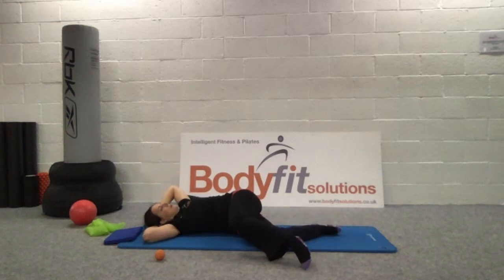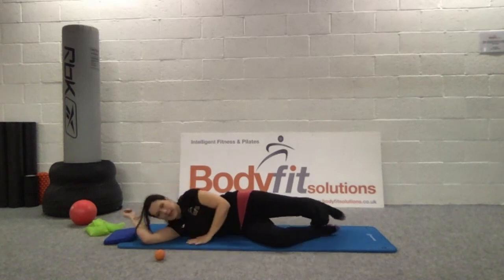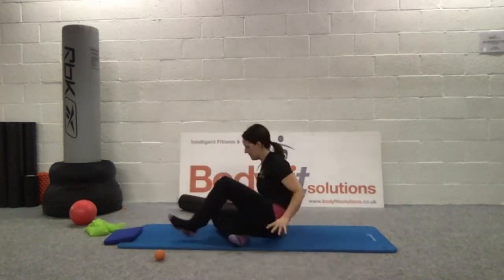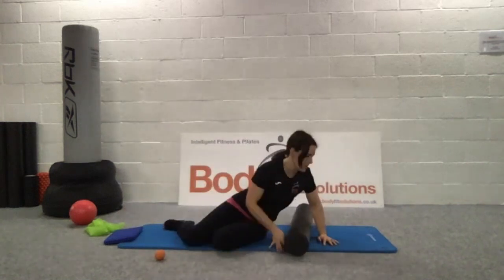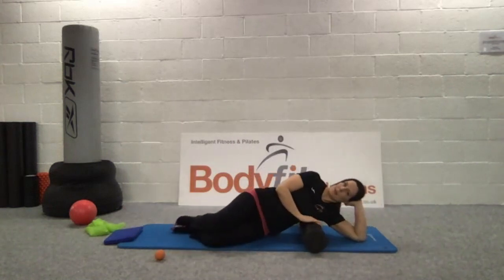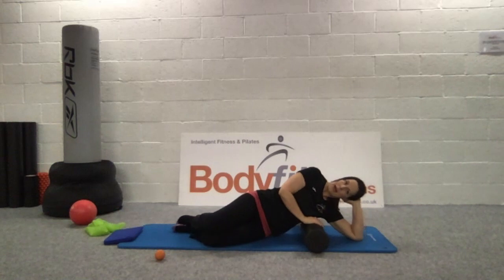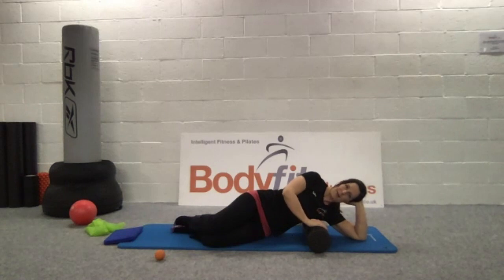Whatever breath serves you. And forward and release. Lovely. And let's check in the other side. I have a feeling this side is going to be a little bit more angry. Okay, so we're just gonna release a little bit, find your head position that feels okay. Yep, got the spot. Okay, and I'm just doing a little bit of forward and back and just finding